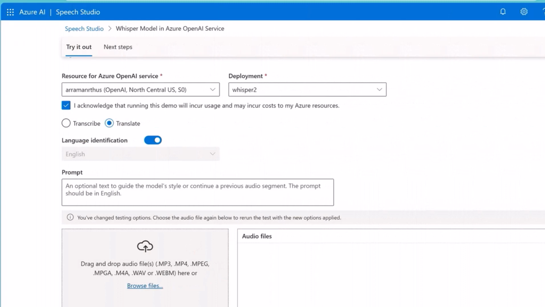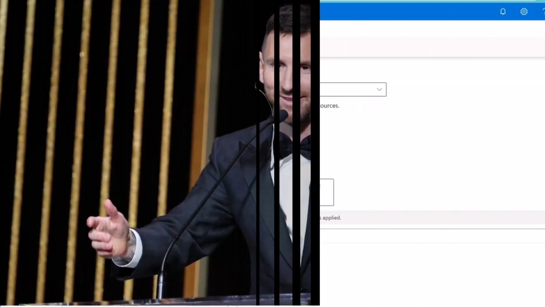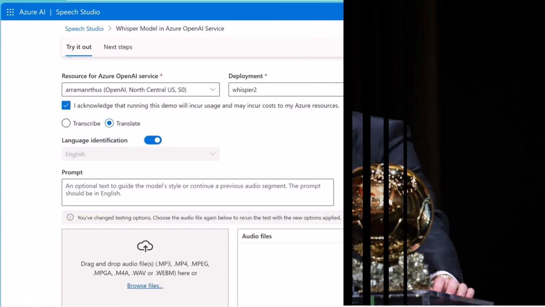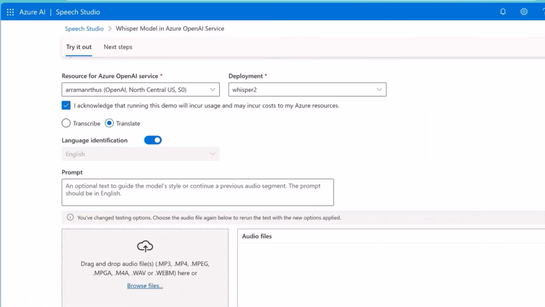Got it. Awesome. So I think we've got to see to believe it. You had a really cool demo that I saw a little while back. Why don't we take a look at that? Sure. Perfect. So Sandeep, before I get started, did you watch the Ballon d'Or award ceremony last week? I did. Messi went on stage. Absolutely. But I didn't know what he said. Great. So what we're now going to do is pick up Messi's speech and translate it into English so that we understand what he spoke about.